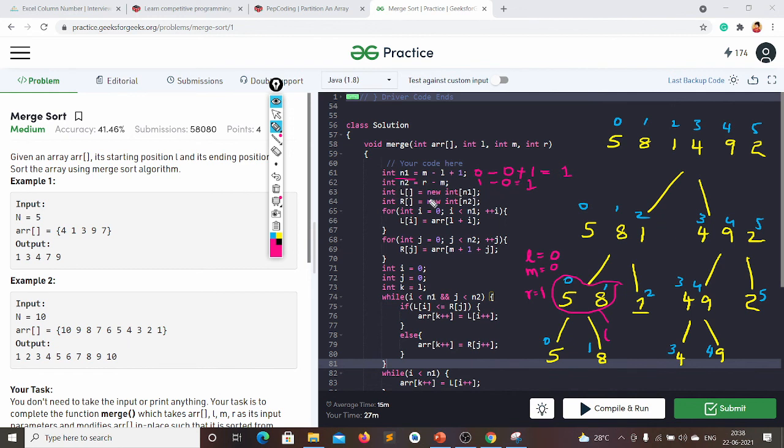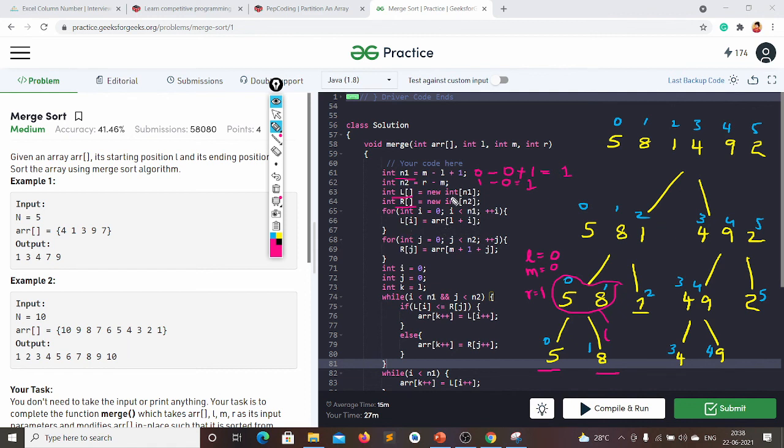So we are taking two separate arrays, L and R, of length N1 and N2. See, it is the same, no? So this is of length 1, this is of length 1. Then I am simply pushing the elements into these temporary arrays. So in place of L of i, I am passing array of L plus i.